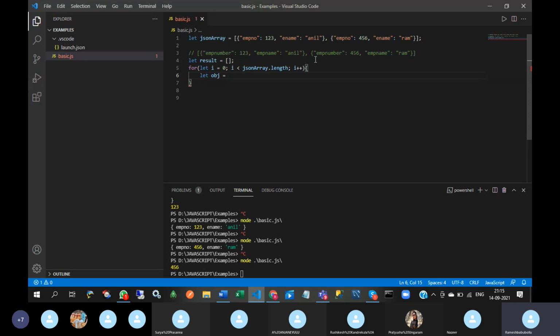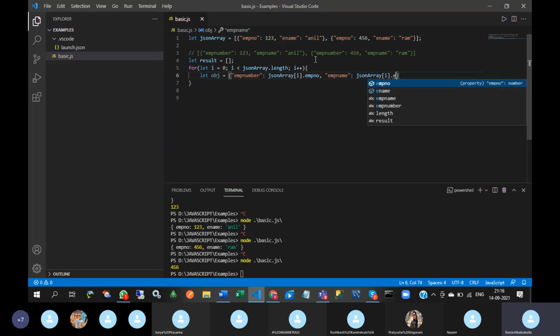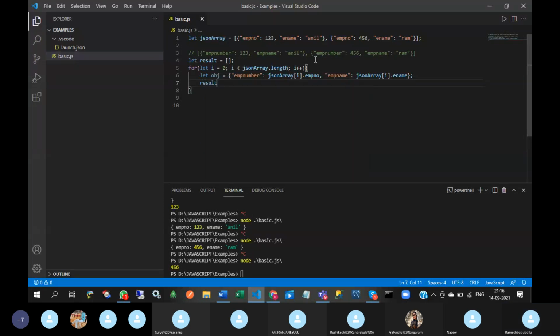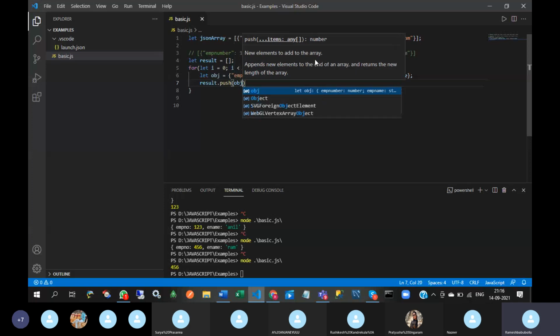In this object, EMP number is JSON array of i dot employee number, comma, EMP name is JSON array of i dot ename, and I'm going to push this object: result dot push object.